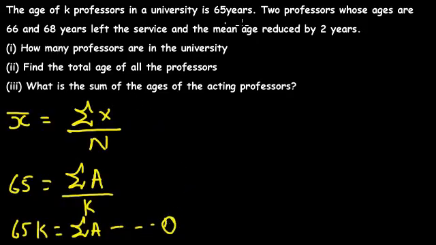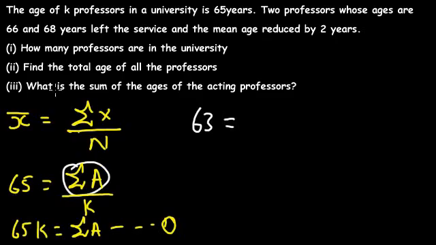Now they proceed and say that two professors whose ages are 66 and 68 years left the service, and when they left, the mean age of the professors reduced by 2 years. So what does it mean? It means that when 68 and 66 are subtracted from the summation of the ages of the professors, then x bar is no more 65, but reduced by 2, which becomes 63. If x bar and the summation of the ages reduce, the number of professors in the university will also reduce because 2 of them have left. So what will be our new setup? x bar will now be 63 equals